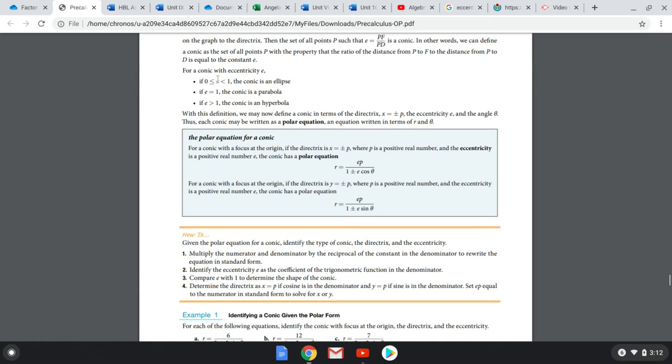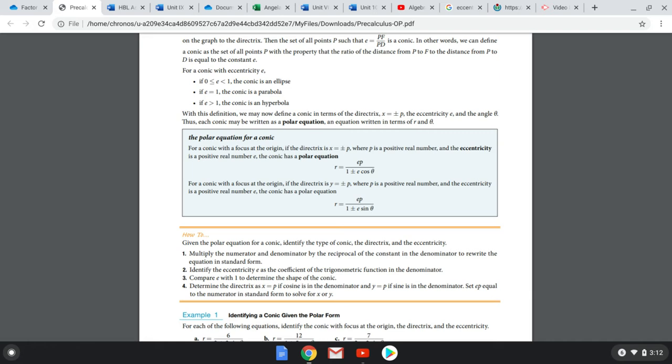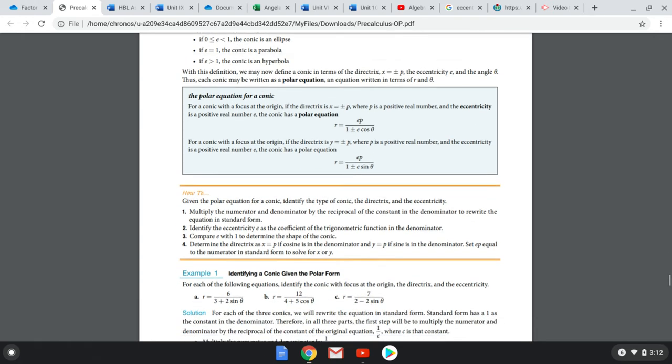This says greater than or equal to 0 because this book counts a circle as a type of ellipse and doesn't differentiate. I like to differentiate. A circle is a type of ellipse, but it has its own special properties, as we've talked about previously. So I like to separate it into 4 categories. The book doesn't. It is what it is. Anyway,